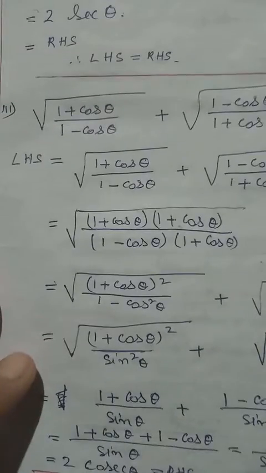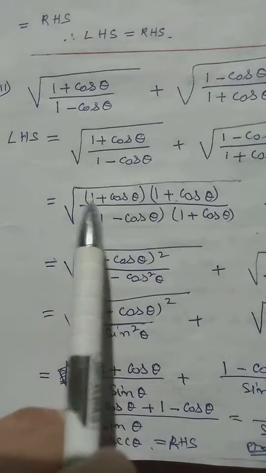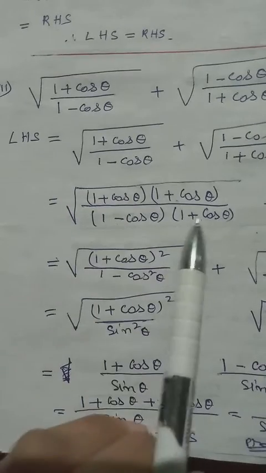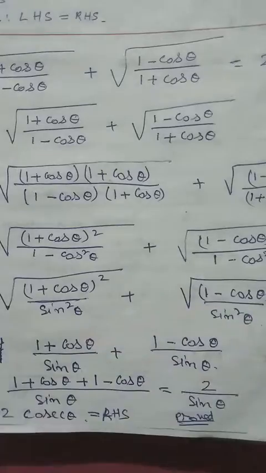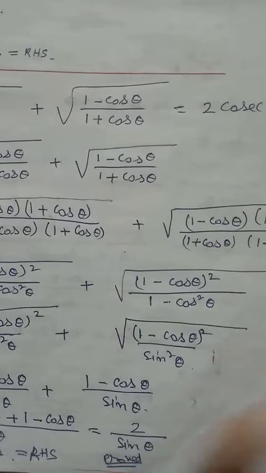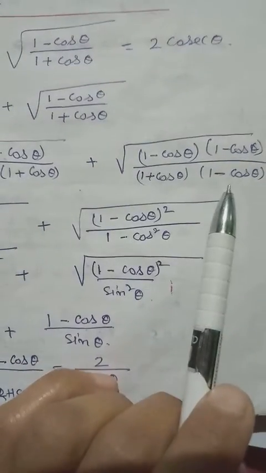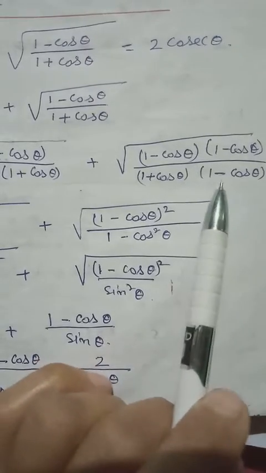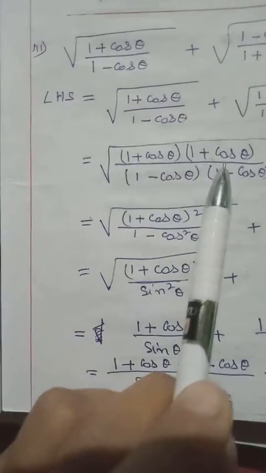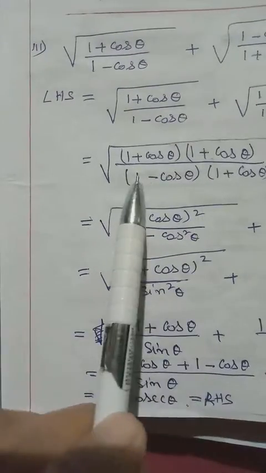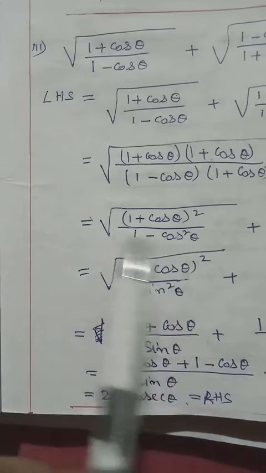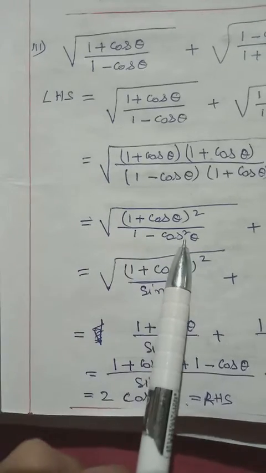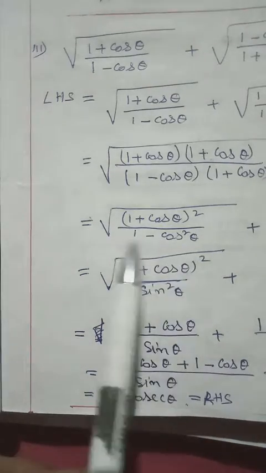Number 3 also goes the same. Let us rationalize. We have minus, rationalize with plus. The one which you write down, we also write it up. Here also, the other side is also the same. We have plus, we rationalize with minus. Then the one which we write down, we also have to write up. Then if we look up, both are plus, so we can write a whole square. (a minus b)(a plus b) will be a square minus b square. So 1 into 1, 1, but cos square remains. So now we can apply the identity.